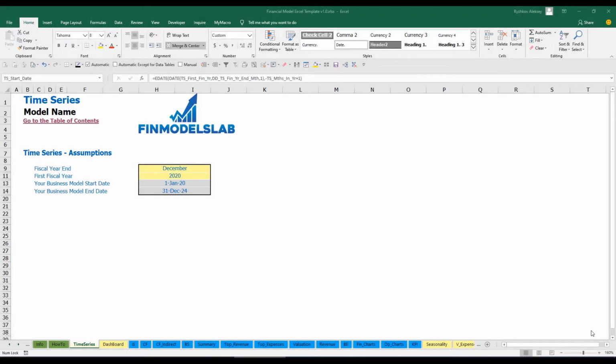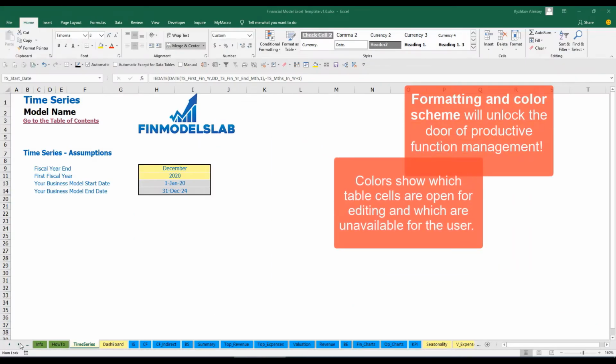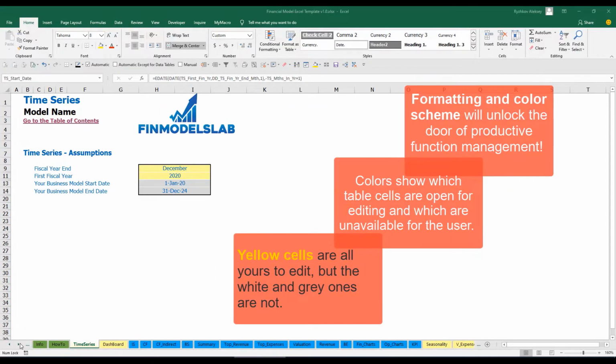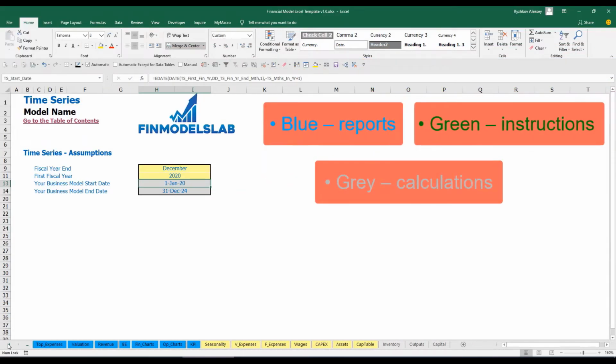The color coding in the model is very simple. You may change any yellow cell in any yellow sheet within the model. This means that this yellow cell has some input, assumption or driver which impacts the calculation within the model. Blue sheets mean that on these sheets there are some charts, reports and other information which can be useful for